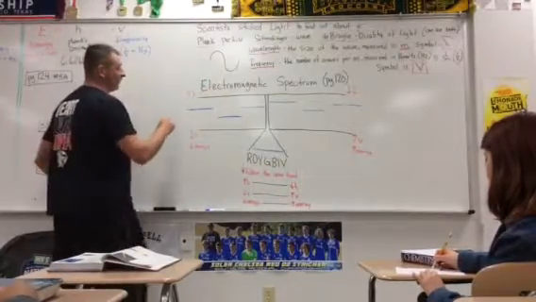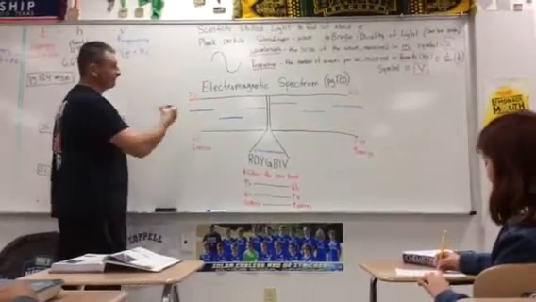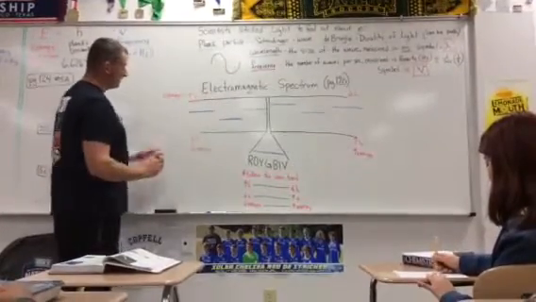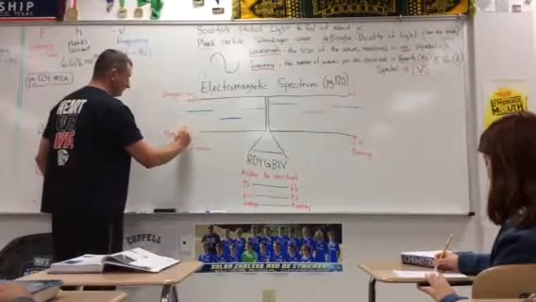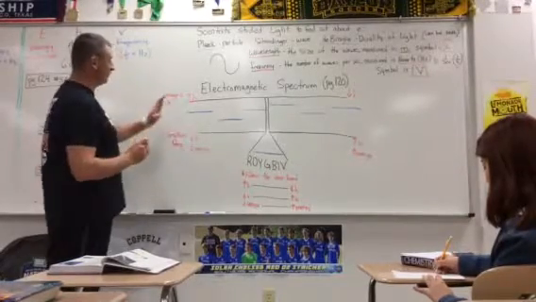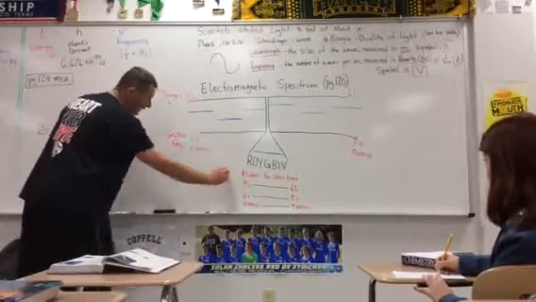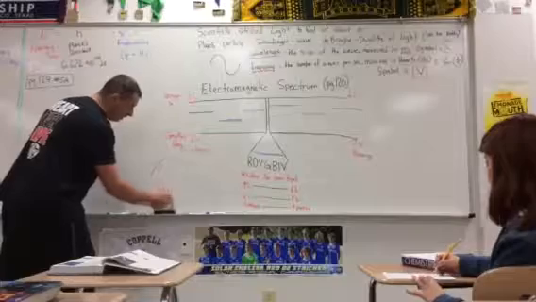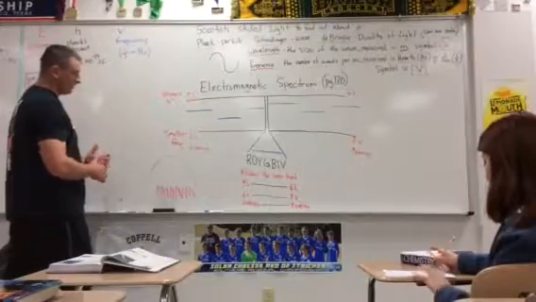The ones that have the longest wavelengths are farthest to the left. So the ones that are farther to the left have longer wavelengths, but they have smaller frequencies. That makes sense because if you have a really big and long wave, you're not going to have a high frequency wave. But if you've got a wave that's small, that is a high frequency wave, but it has a really small wavelength.